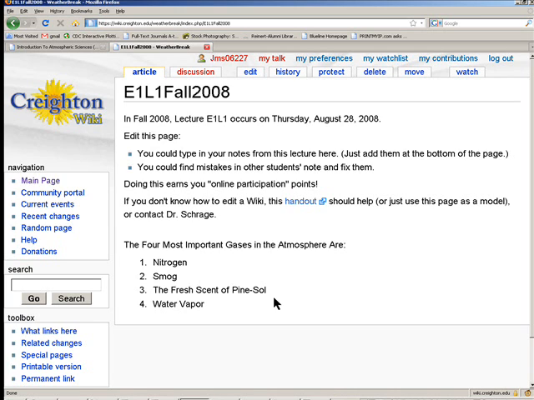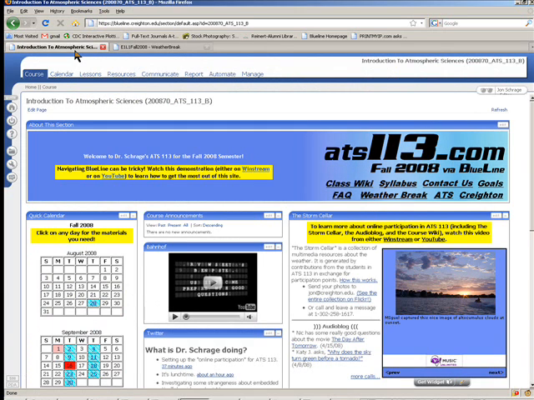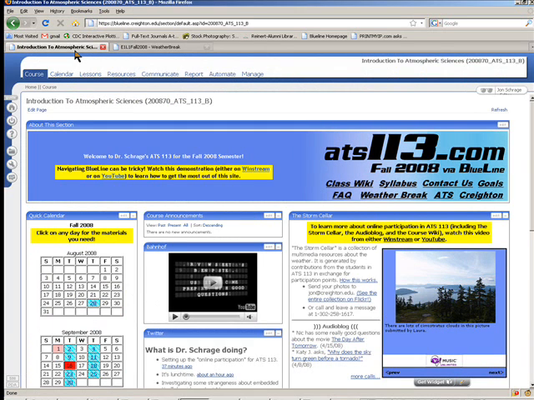So the wikis are probably your best online participation tool because they are so constructive. It actually does something productive. It produces a set of notes that will help you prepare for the test. There are other ways to get online participation credit, and the ways to contribute to this set of multimedia resources